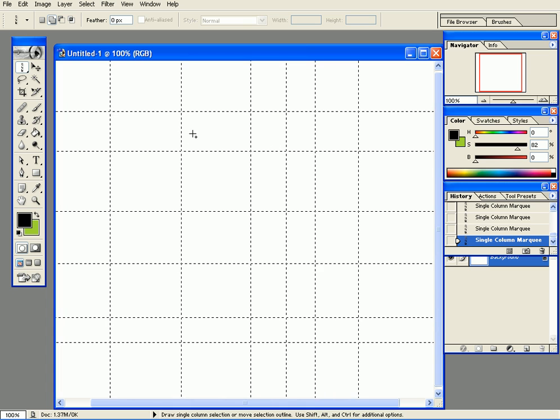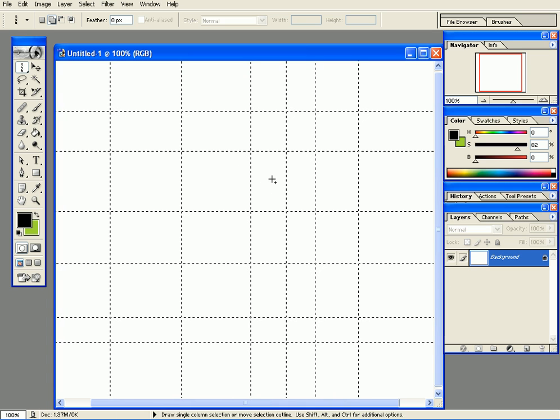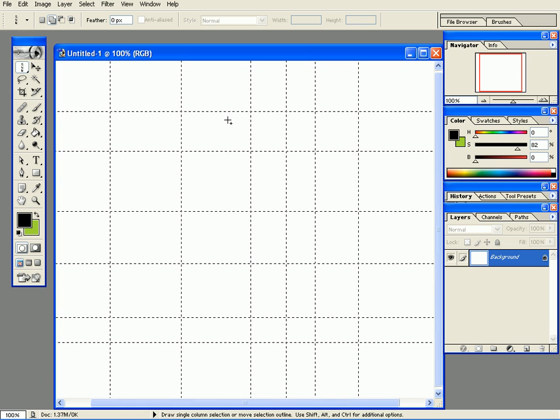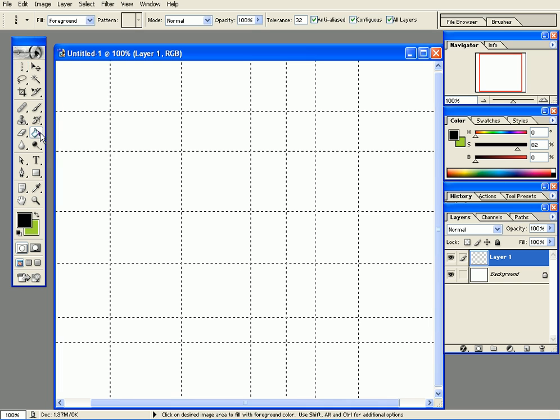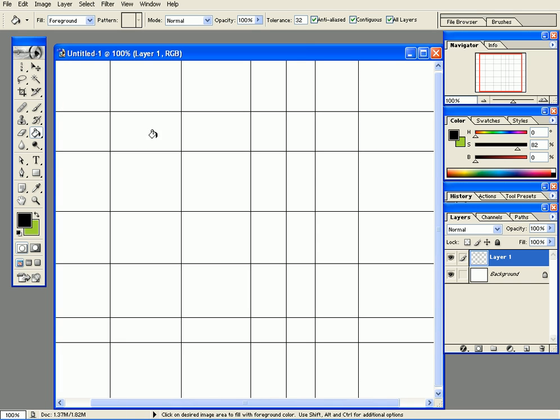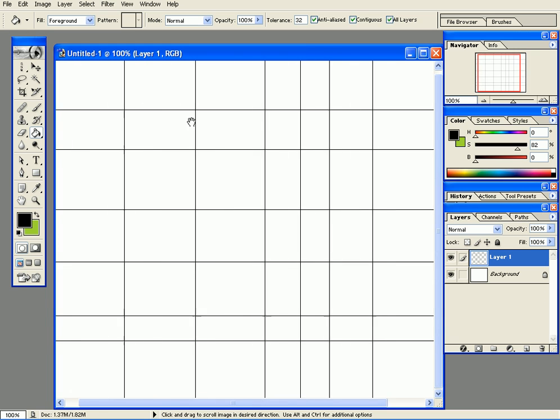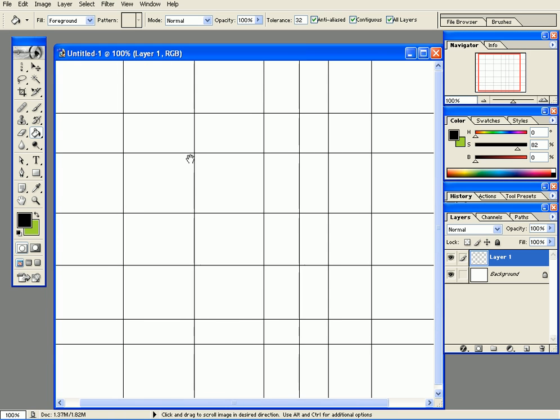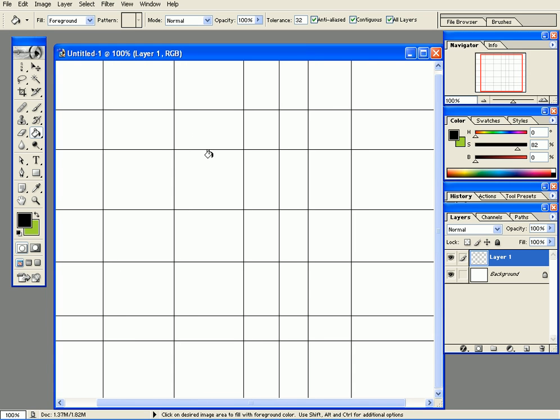If I go to vertical, I will have these. So now, what can I do with these? I would create a new layer, and let's say that I filled, and press Ctrl D, I would get this. So this is to select single lines, either horizontal or vertical, on a new layer and fill them up with a color, for example. Now, of course, there are other ways to do the same thing, which we'll talk about